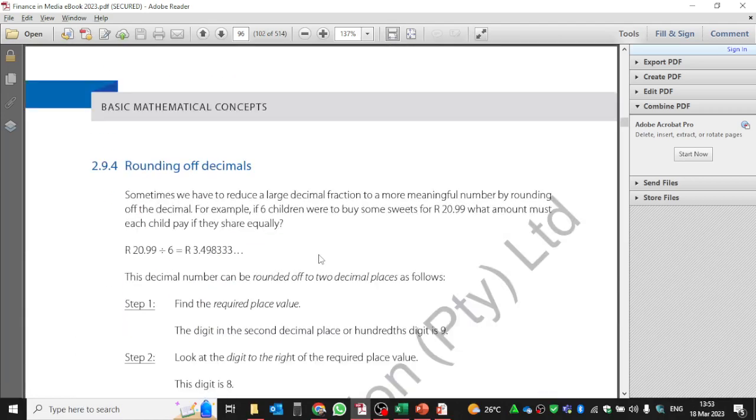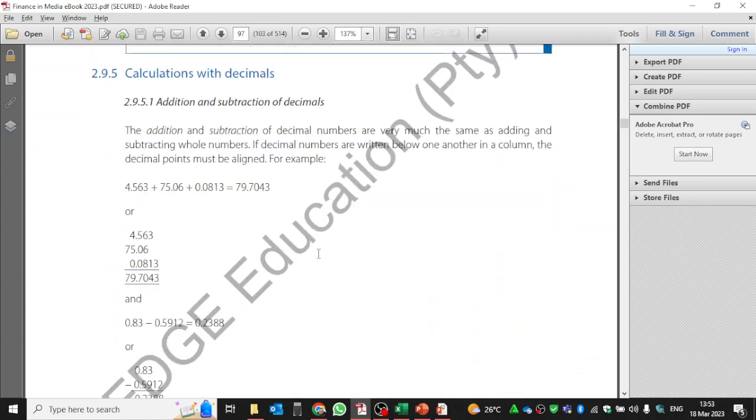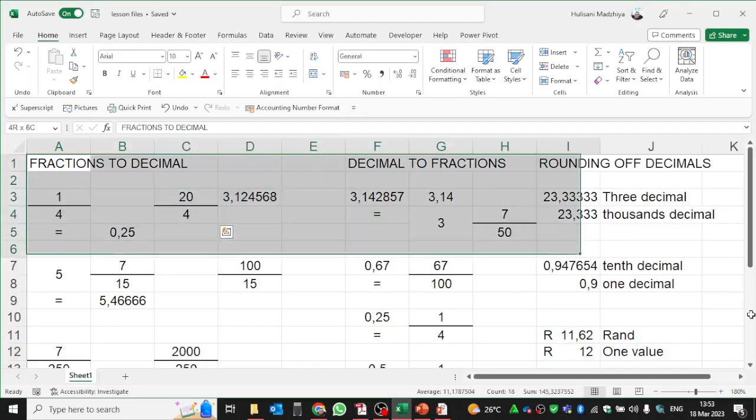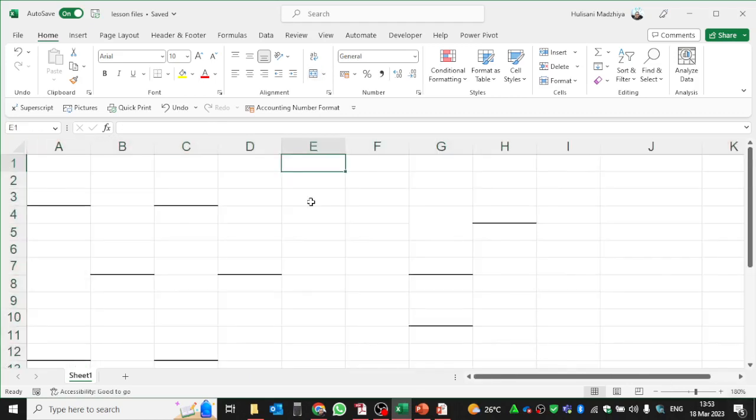We covered converting, rounding off. We also covered that. So the last part will be actually adding decimals. So if we're to add decimals, I'm just going to clear everything that is here. So if we're adding decimals